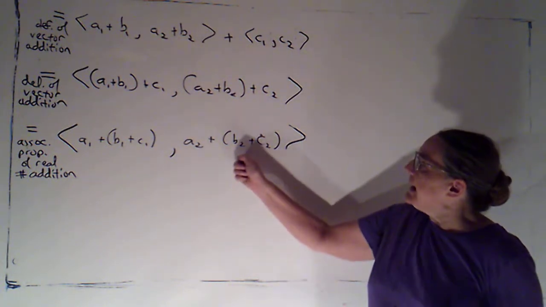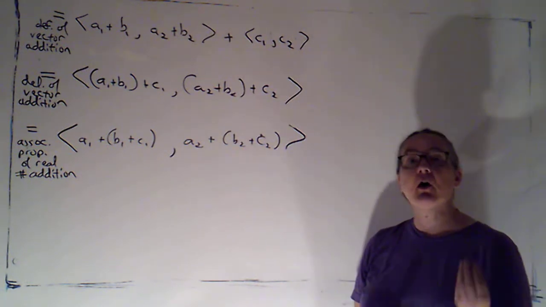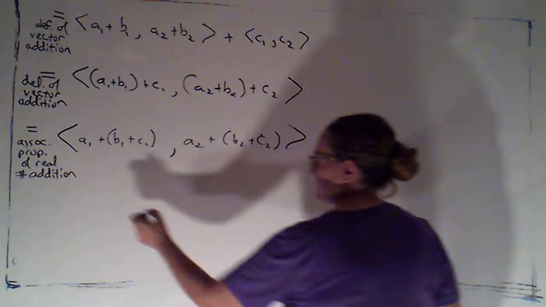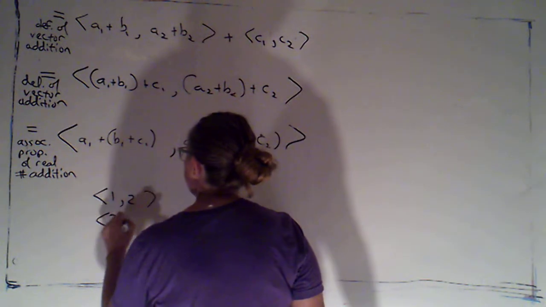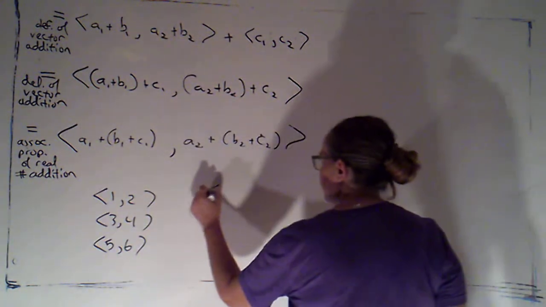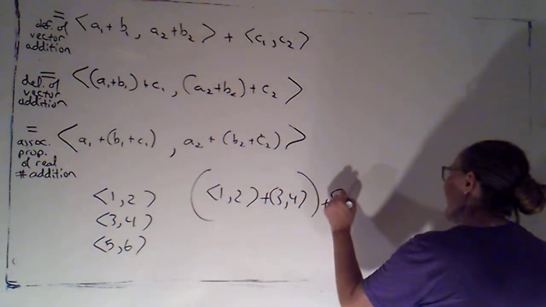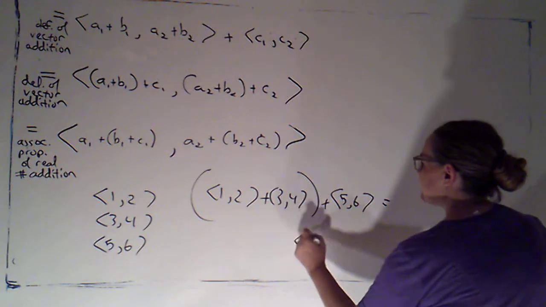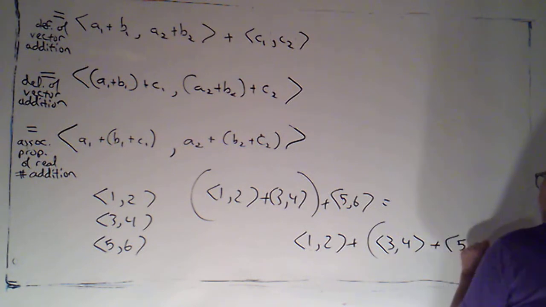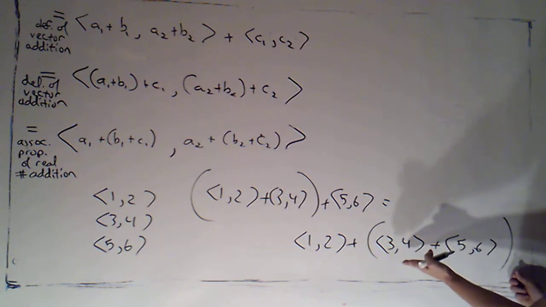Okay. It is very important that as I worked with this proof, I was working with arbitrary vectors. I didn't just choose 3 vectors, like 1, 2, 3, 4, 5, 6. I'm feeling very, very creative. I could very quickly show that (1, 2) + (3, 4) + (5, 6) is the same thing as (1, 2) + (3, 4) + (5, 6). Okay? All that would show is that this one equation is true. Because